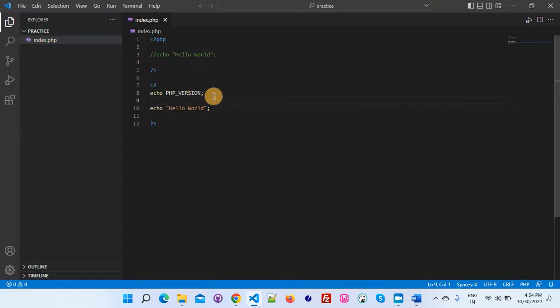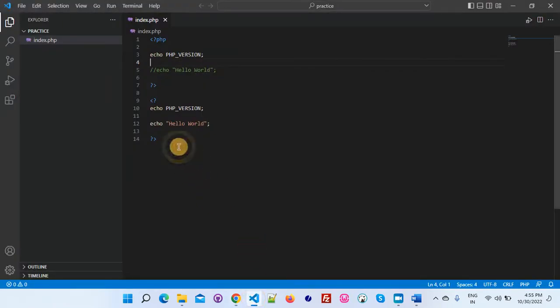This gives you the idea about what version of PHP you are using on your laptop or device. You can see the version is 8.1.0, the very latest one, and it is not supporting the short tags